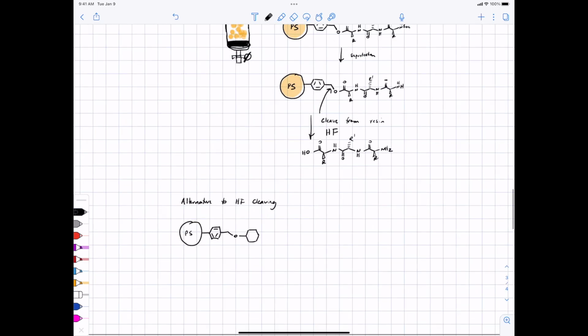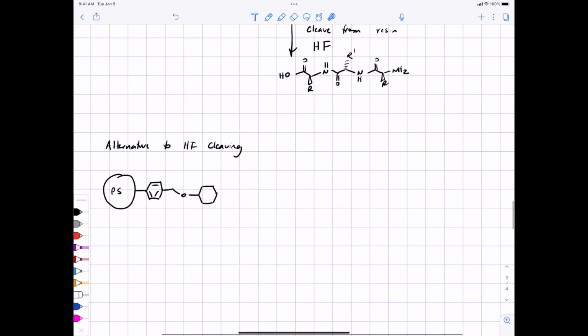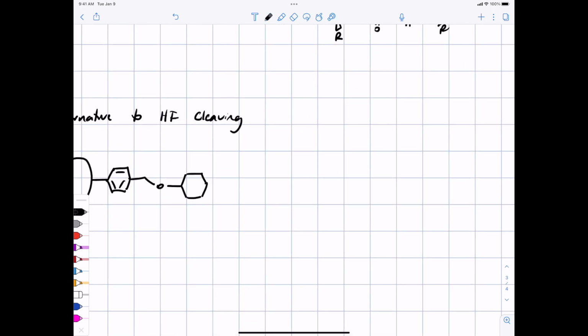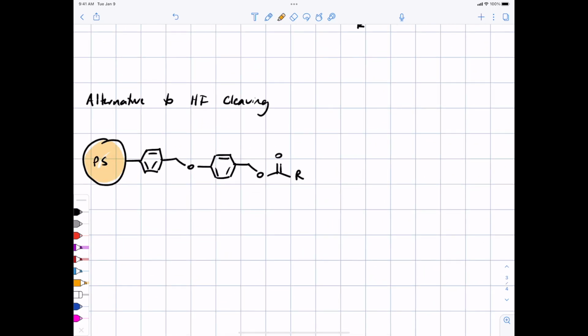Notice that in the original Merrifield resin, your peptide was attached to this benzylic carbon. The innovation was to put another benzene ring in between that benzylic carbon and where you want your peptide. So I'm just using R for your growing peptide chain. It turns out that if you do this,